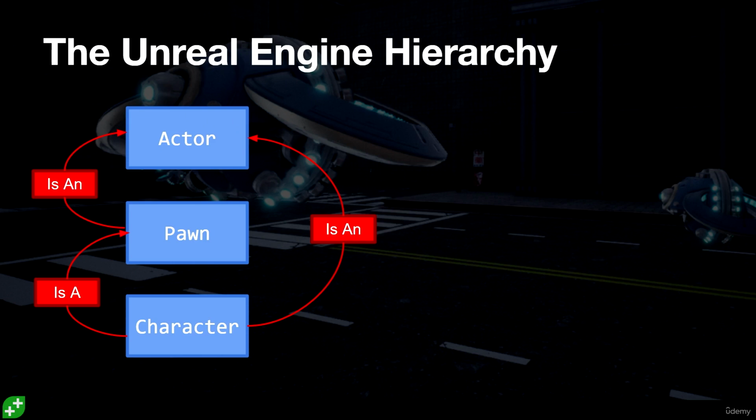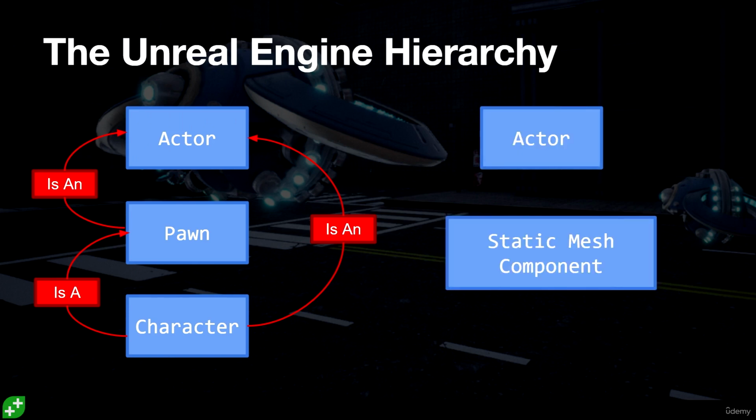Now, aside from this is-a relationship, there's another type of relationship, the has-a relationship. An actor can have components. Now, the static mesh component is not a child of the actor. It's actually more basic. A component cannot be placed directly in the world. However, an actor can have a static mesh component. Components can be attached to one another, and every actor has at least one component, the root component. So even though a static mesh is not an actor, an actor can have a static mesh,